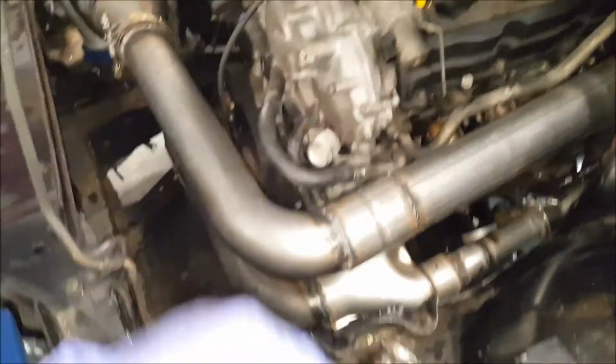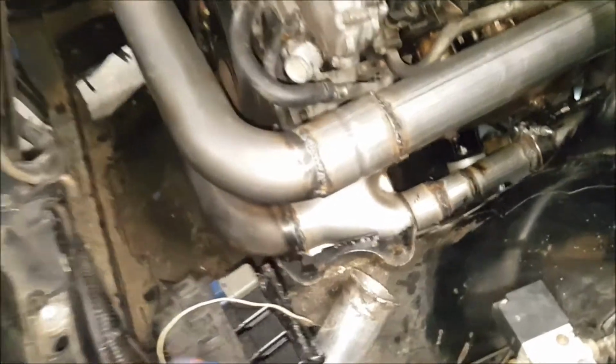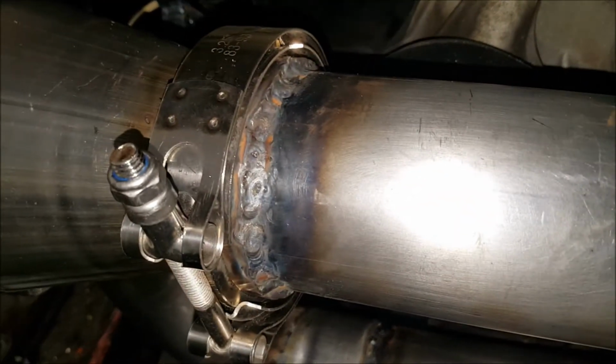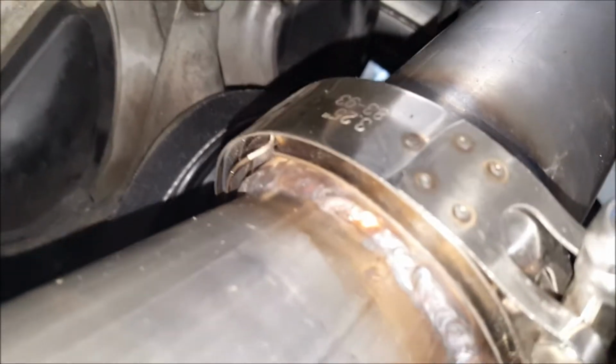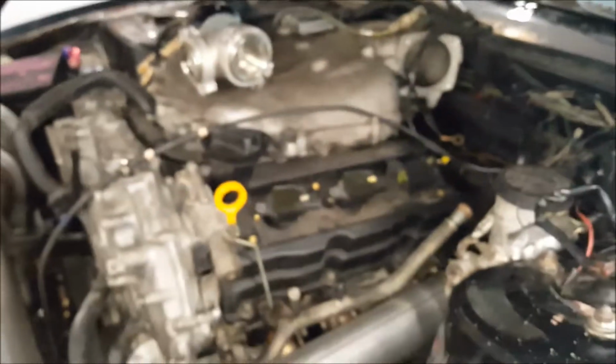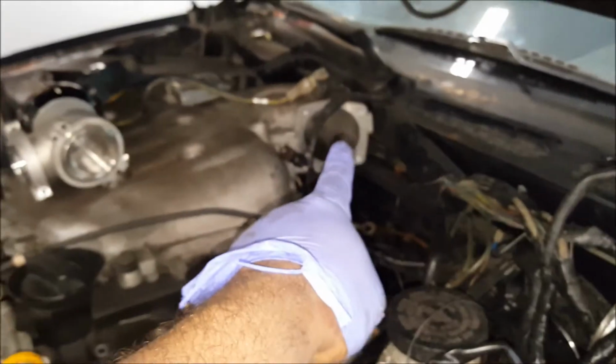I'm probably going to exhaust wrap everything, even though it's getting better with my welds, man. Let me see. There you go, like that. I started getting a hang of it, of course, after you've done so many different welds. But the exhaust is done, so now I'm going to order the flange for that, 3 inches,